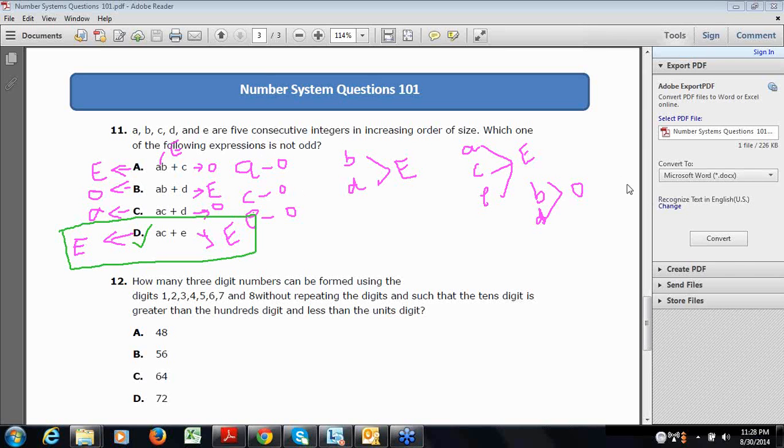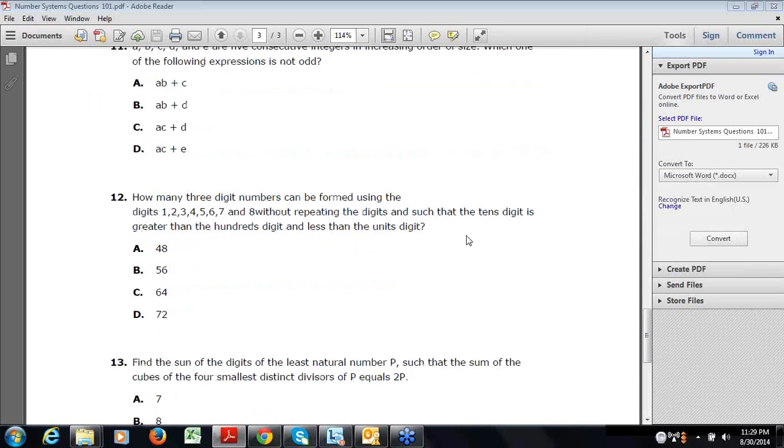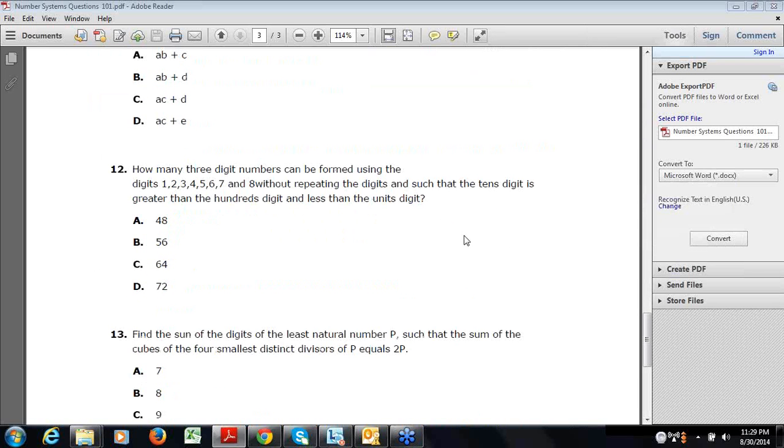Okay, moving ahead to next question. Hope everybody is clear with this. I'll give you 2 seconds more to actually raise if you have a problem with this question. Okay, I believe everybody is clear with this. Moving on to question number 12. Question number 12 is,